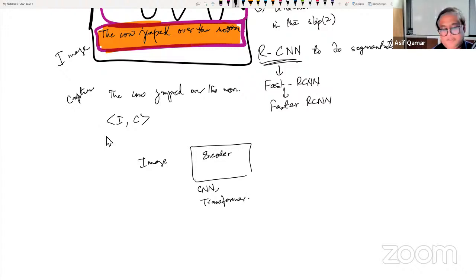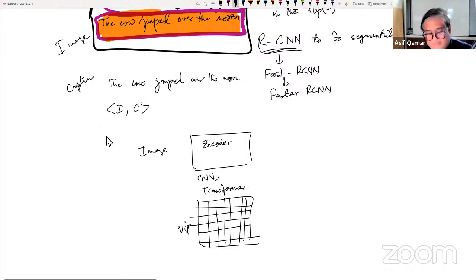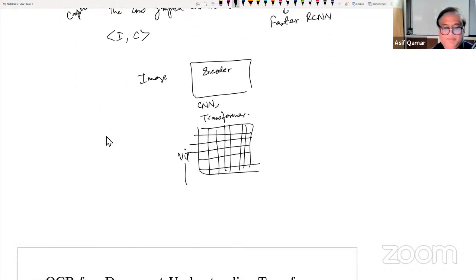We know that, of course, you want to use a transformer-based encoder. If you do a transformer-based encoder, you would take the image and break it up into patches, right? What are those, 16 by 16 patches, right? The ViT, for example. So ViT evolved into a slightly modified and better version,